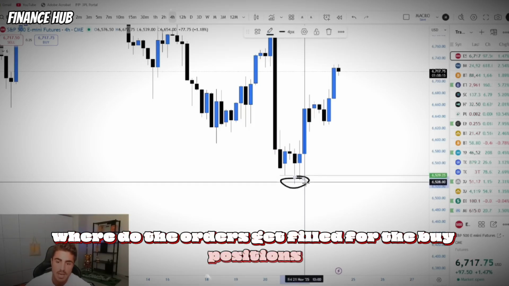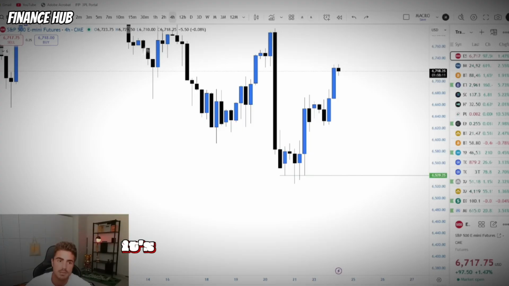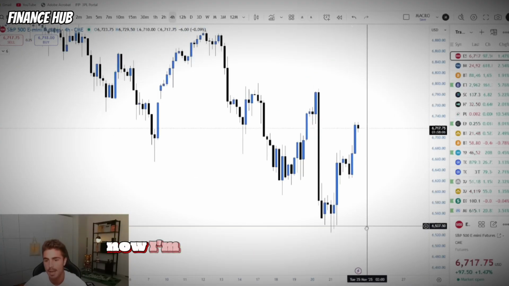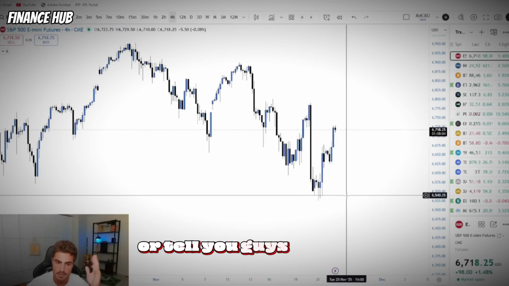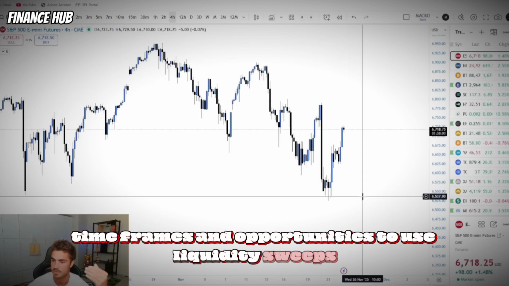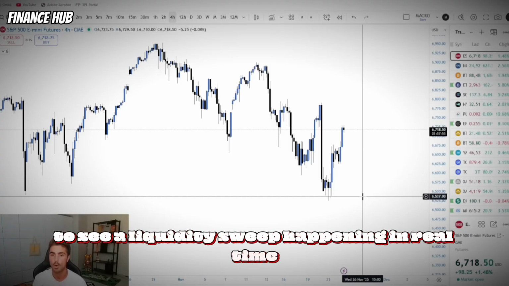For the buy positions, down here, and then boom, price ends up moving higher. It's like clockwork, and it shows up on every single time frame. Now, I'm going to show you guys the best time frames and opportunities to use liquidity sweeps, because it's one thing to see a liquidity sweep happening in real time,